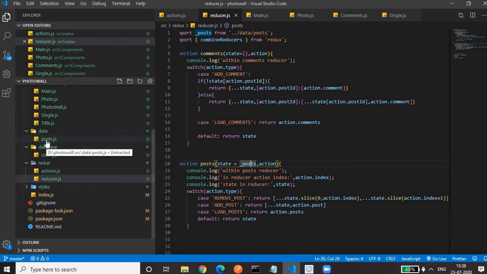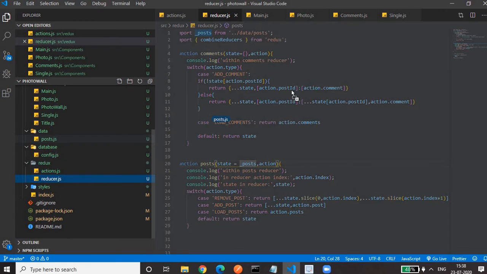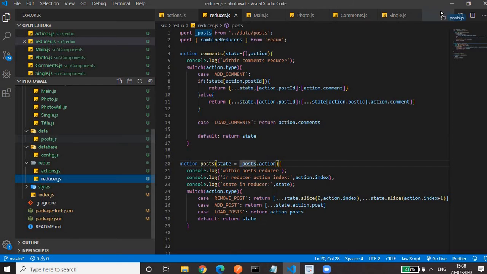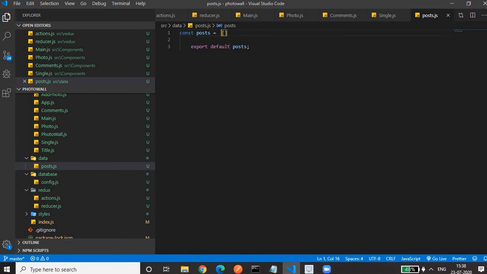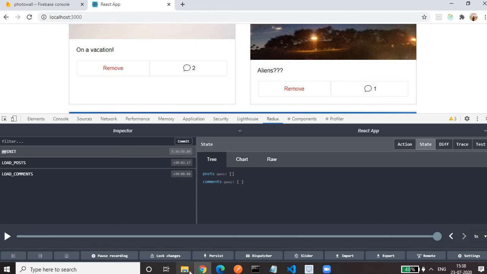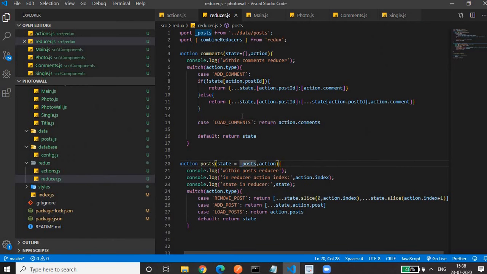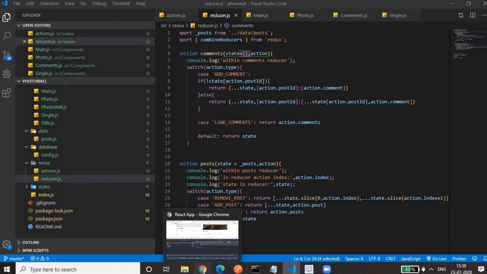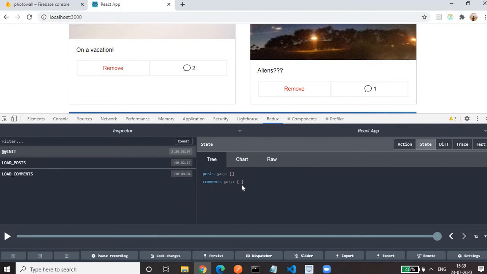So here this is the file. Earlier, up to day 4, it had some hard-coded data. Now it's an empty array. That's why when our page loads, the post state is an empty array. Similarly, when the page loads, our comment state is initialized with an empty object. That's why we are getting an empty object.